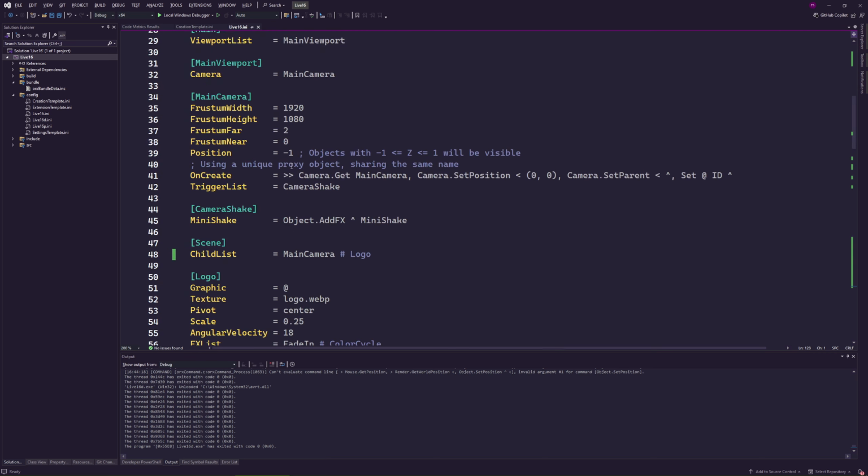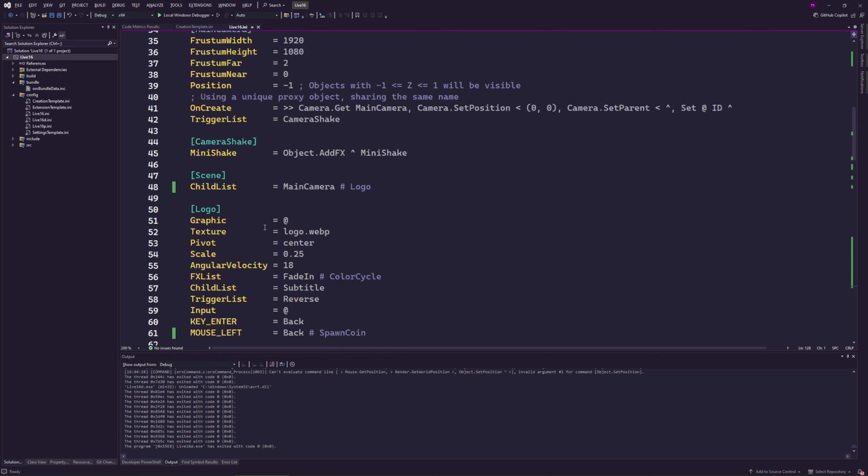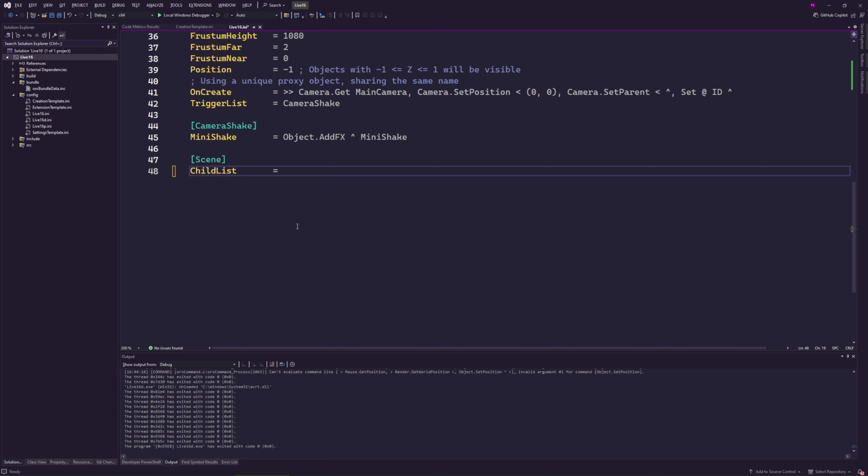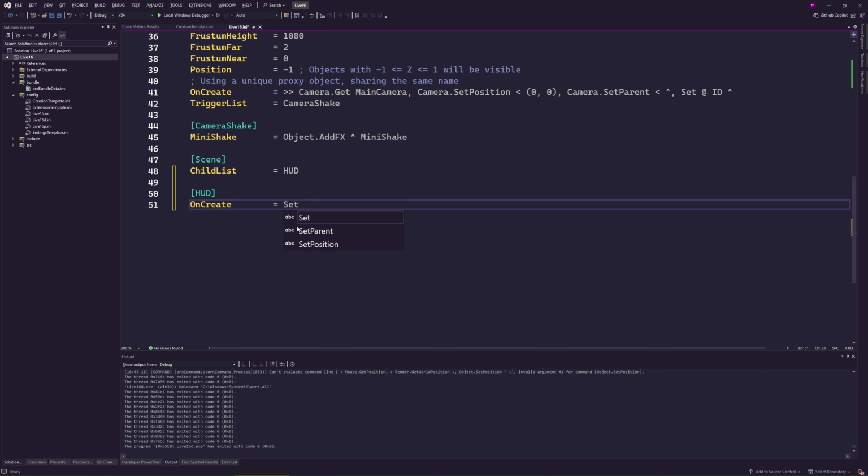Actually, you know what? I'm going to get rid of everything. I will try to illustrate a bit what I mean here. So we're going to get everything from the scene. We're going to create an element we call HUD, because I want a root that I can easily find. So the HUD, upon creation, we are just going to set our self ID. There we go. So that we can just retrieve the HUD and modify it in one go.